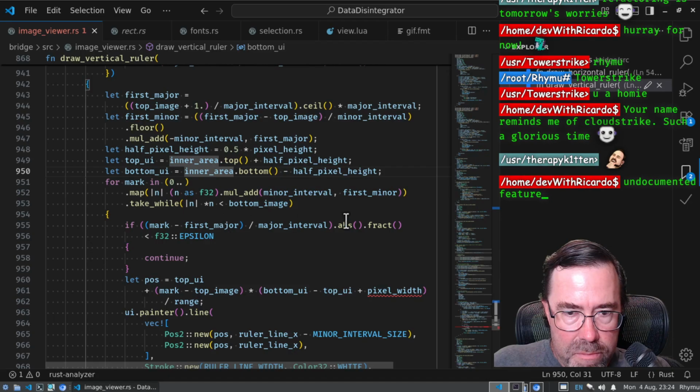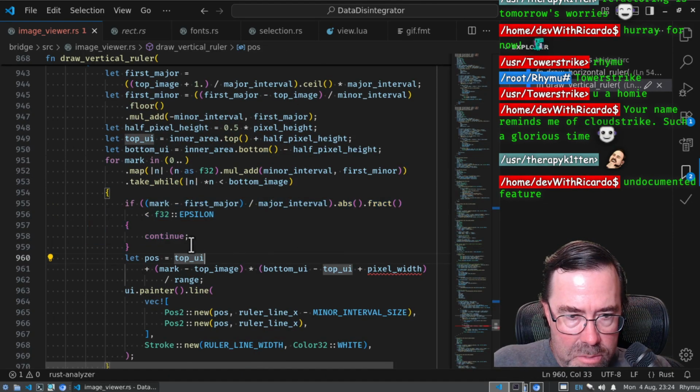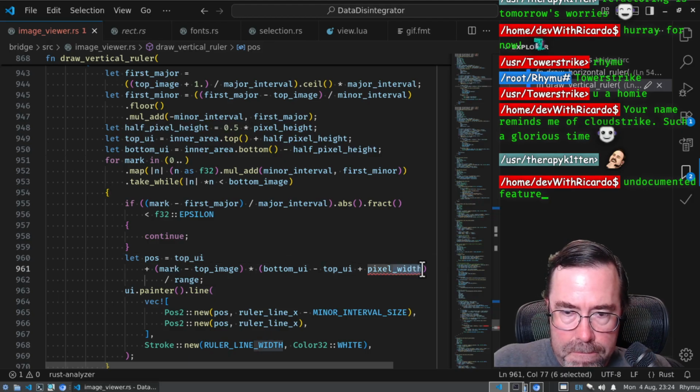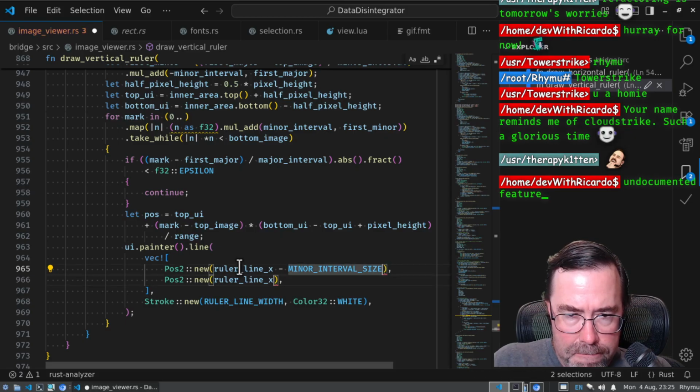If it's a major mark, skip it. The position is top, bottom. This is height here. And then instead of drawing a vertical line, it's a horizontal line, right? So really it's flip the 2 coordinates and then